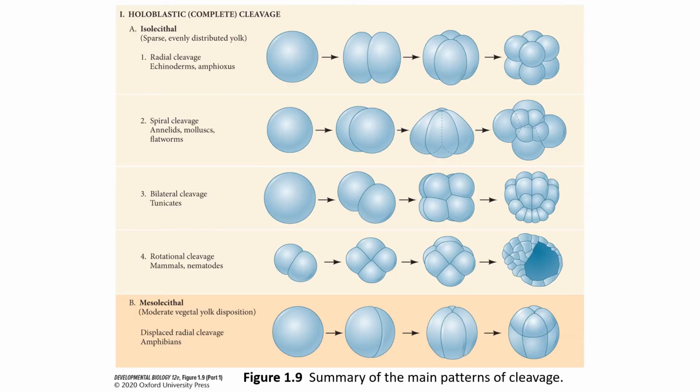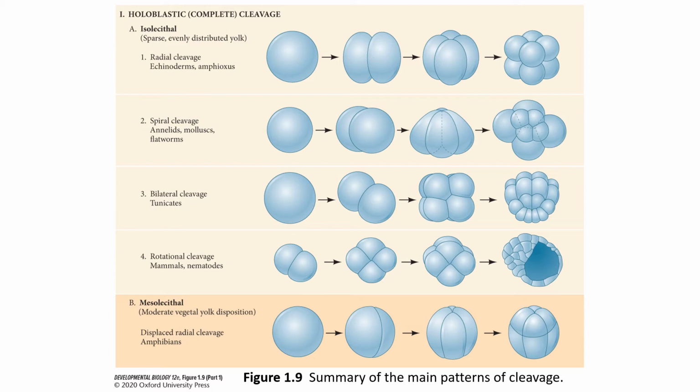In this figure, you will see the summary of the main patterns of cleavage. The different classifications of cleavage types are as follows. The first one is the holoblastic or complete cleavage, meaning that the cleavage furrow extends through the entire egg and shows the influence of yolk on cleavage as symmetrical and having a pattern. So, kumbaga, pantay, okay? Or the yolk is evenly distributed in either pole. The first type of